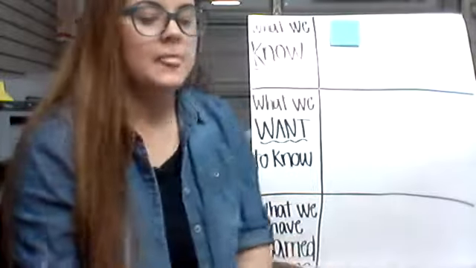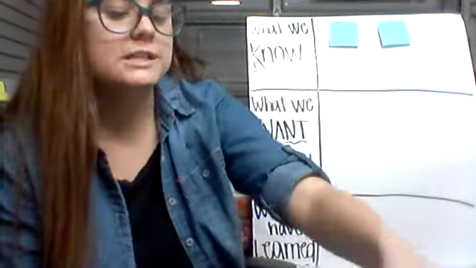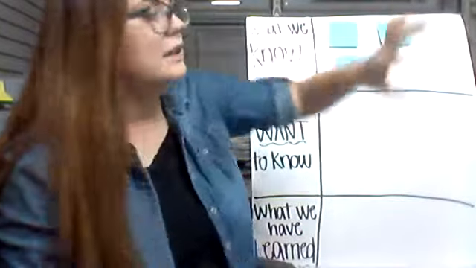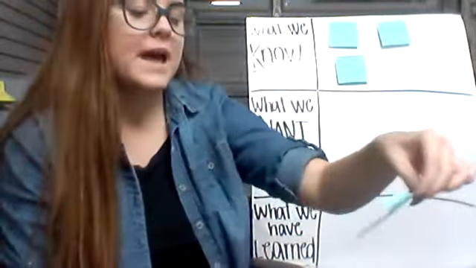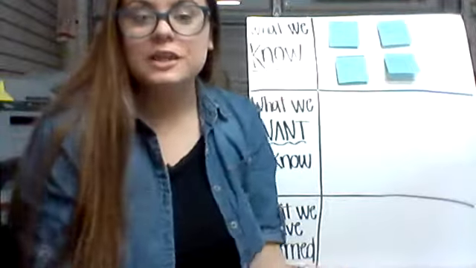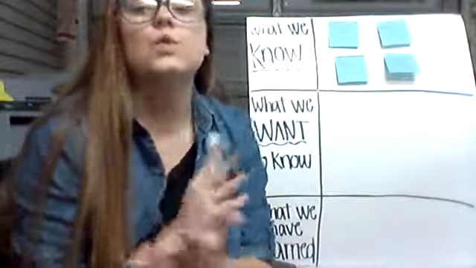Another student says that bats live in caves. Another student says bats are black. And then bats have wings and fly. After every student has mentioned what they know about bats, we would then discuss what we want to know